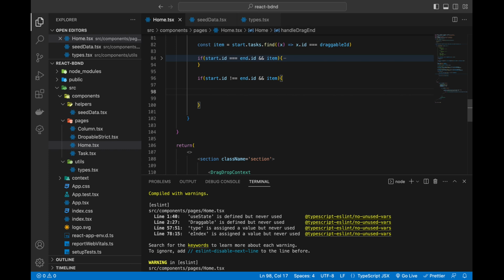Okay, so what we're doing right now is to take the item from the starting column, remove it from the starting column, and then add it to the ending column, right? So we are taking the item away from the list of tasks of the starting column and adding it to the list of tasks in the ending column. All right, I think I've emphasized that enough. All right, so it's time for us to do that. So basically, the first thing I want to do here